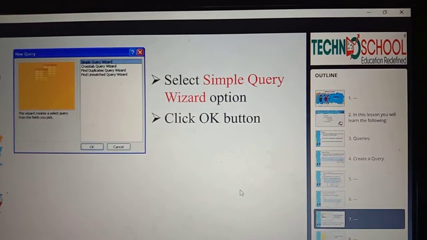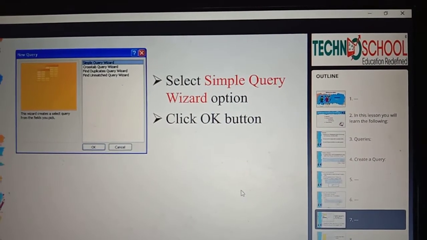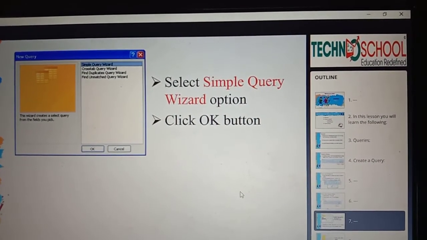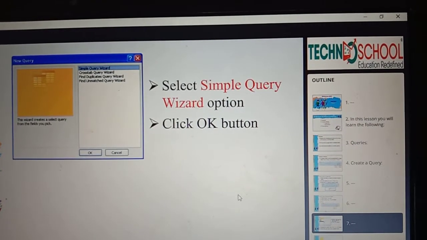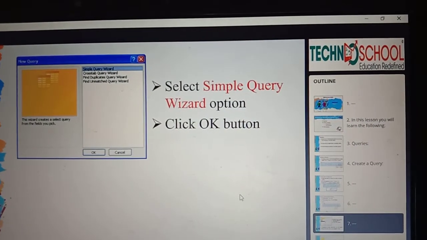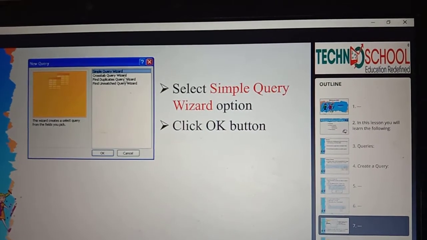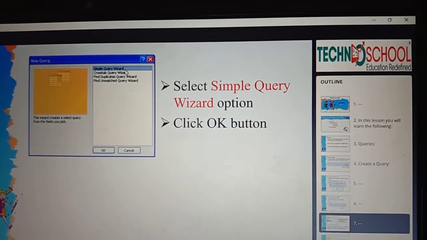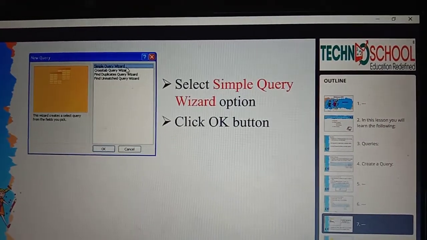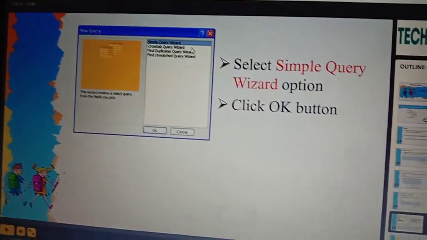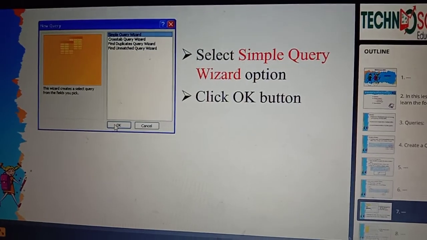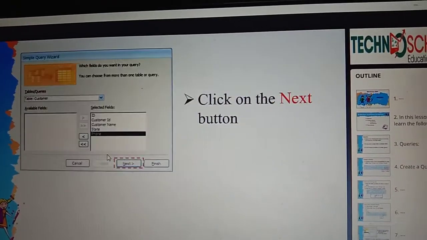Once you click that, you'll get a window like this. It helps us to create a new query. What you need to do is select Simple Query Wizard. The first option is Simple Query Wizard. After clicking that, click OK.